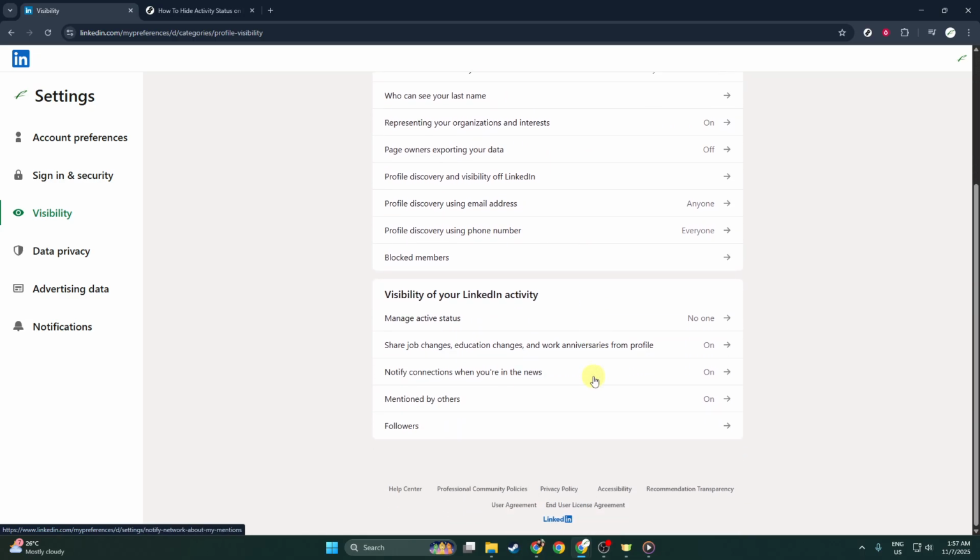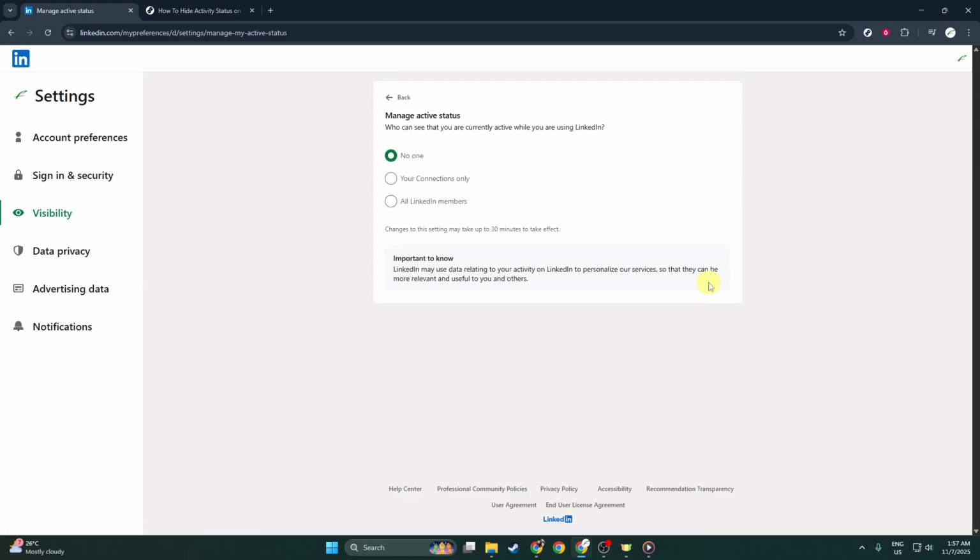As you scroll down within the Visibility tab, look for the section titled Visibility of your LinkedIn activity. Under this category, you'll find the option labeled Manage Active Status. Click on Manage Active Status. This will take you to a new window where you can configure who is able to see your active status